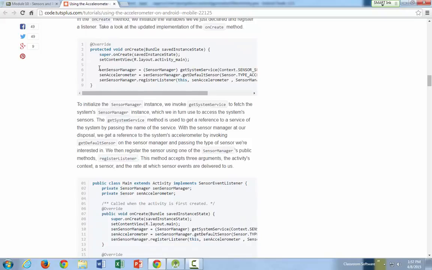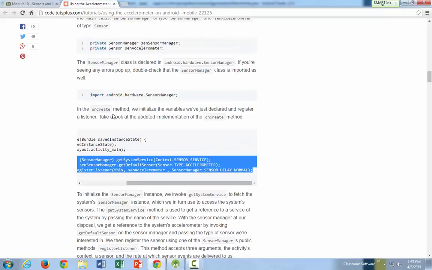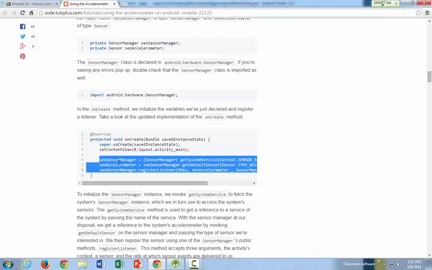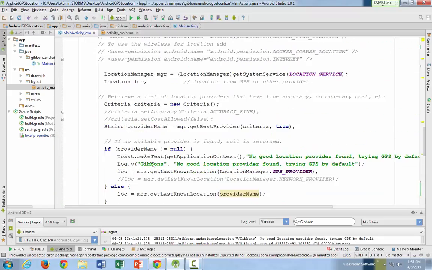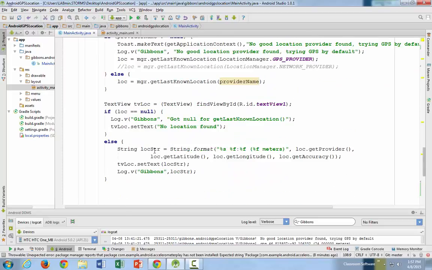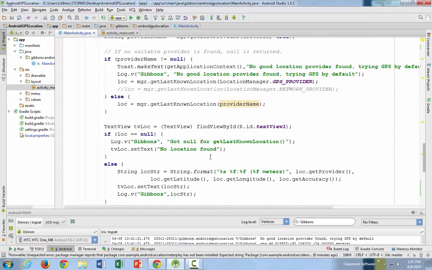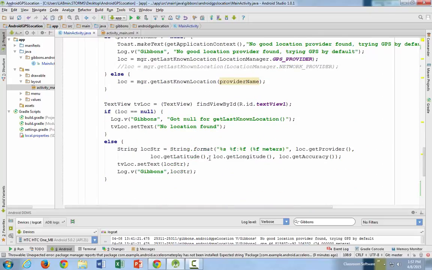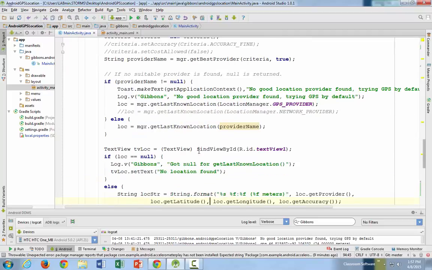So I'm also going to register the change. If you remember, I'm going to grab this where it says change and register this code. There's these sensor managers. So in our previous one, we created a location manager, we defined our listeners, and then we did our